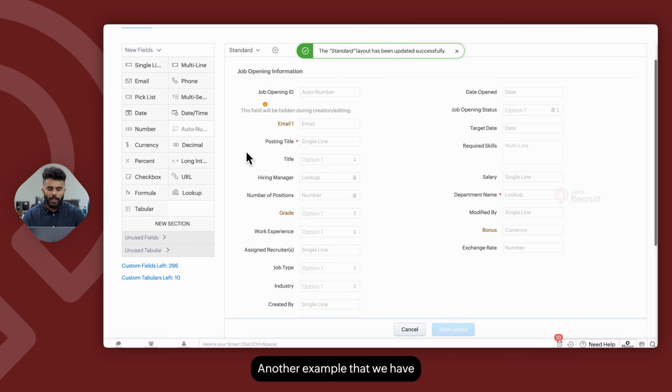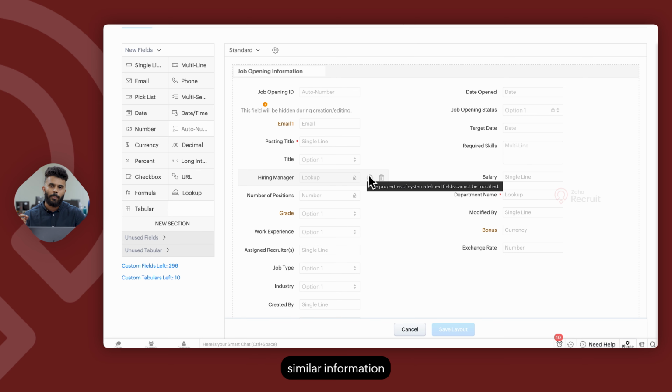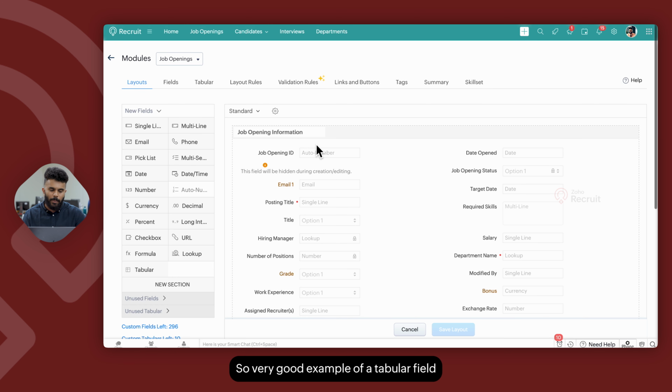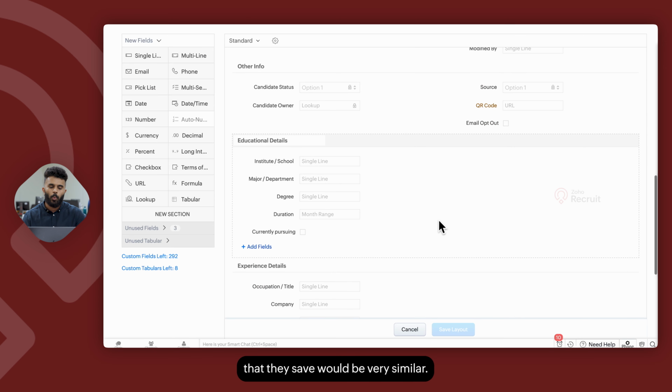Another example that we have when it comes to fields is the tabular field. Tabular fields are used to group similar information where there are multiple entries. So a very good example of a tabular field would be from the candidates module, where we save education history and experience history. Because when it comes to education and experience, different candidates could have different number of entries available, but the type of information that they save would be very